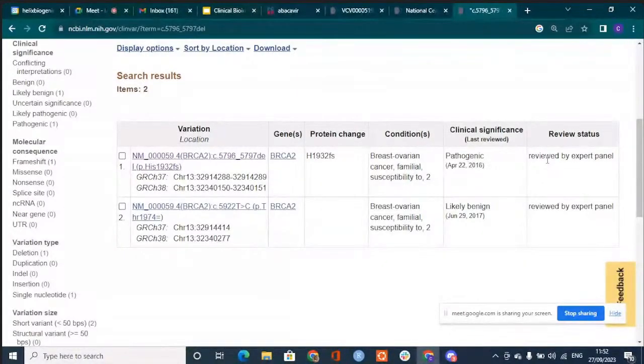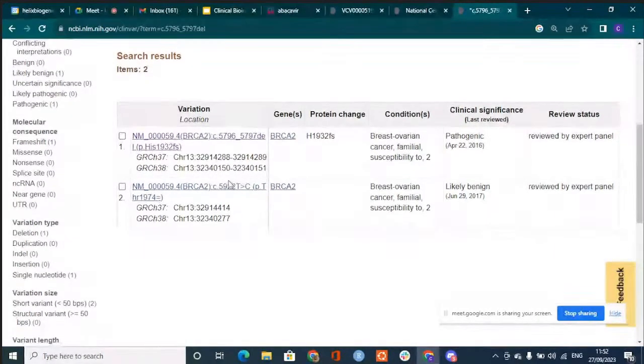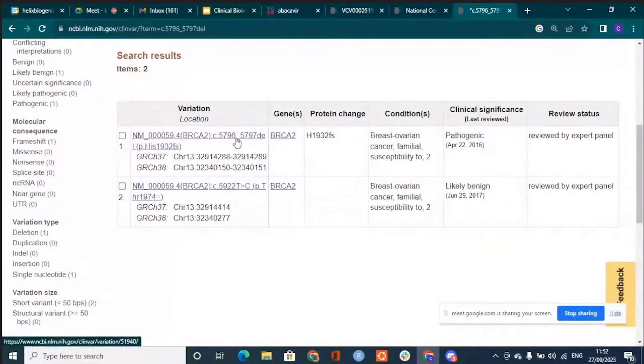A lot of experts have worked on this particular variant, a deletion at positions 5796 and 5797. So that's going to cause a mutation in this, and the BRCA2 ID here is the same thing at this position as well. So let's just check on this. You can see that this is